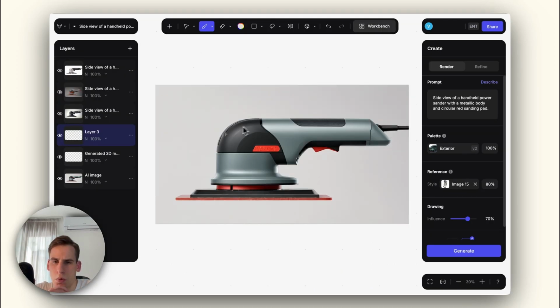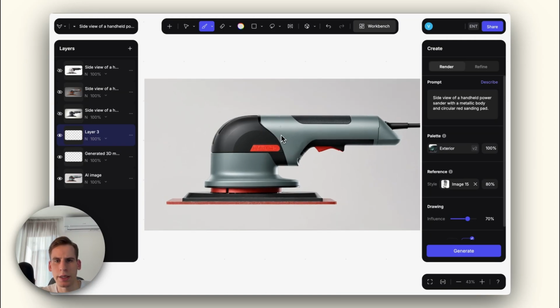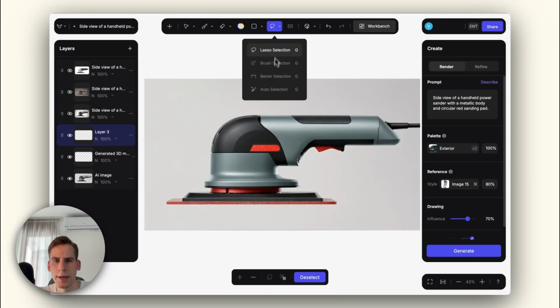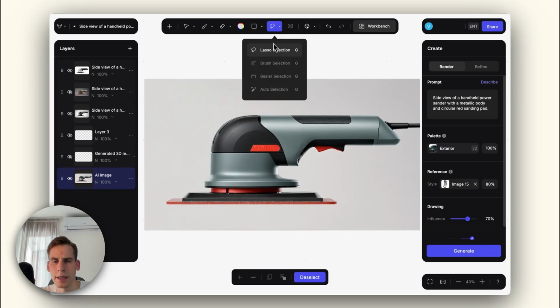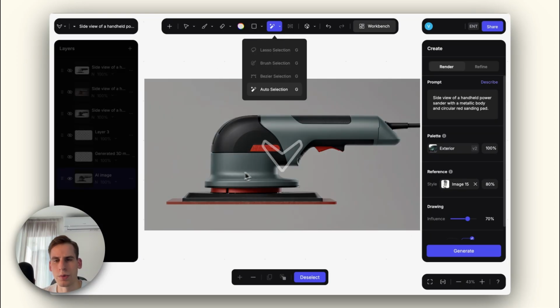Ultimately, of course, I can just focus on certain parts. Now it's quite clean, and this render came out really nice, so I wouldn't really touch it. Maybe I would just apply some materials. So I'll go ahead and, of course, I can combine these layers together as well. So let's keep it at the original, and I select some of the parts with auto selection, which is going to detect the areas here on the canvas, and I can just